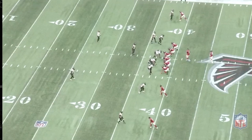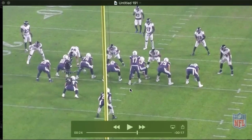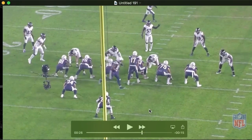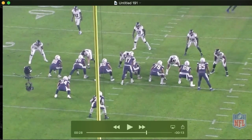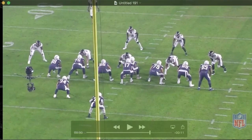So here we go. The Chargers do a nice job setting the Ravens up here. This is their first play from scrimmage, and they come out in 22 personnel. You can see the Ravens have their big guys in, Williams and Pierce. When this tight end goes into motion, the Ravens shift their front. Urban goes 5, Mike Pierce at 1, and Williams out here at 3. You're going to see Weddle work down here in the alley, and when the ball's snapped,